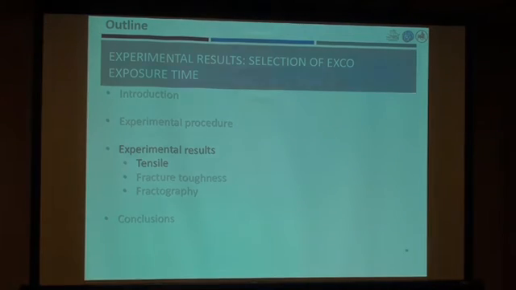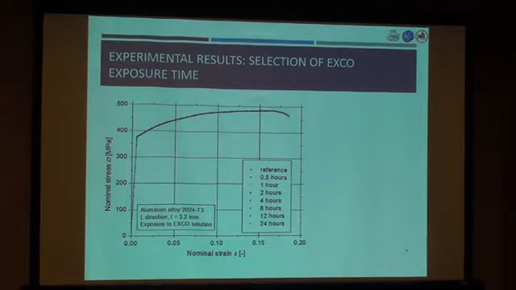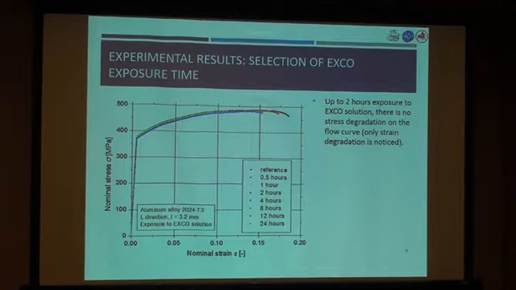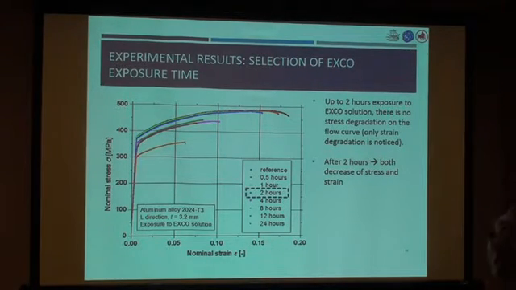Now we'll shift to the tensile test. Here you can see it's the reference one. This is 0.5 hours exposure time, 1 hour, 2 hours, and then suddenly at 4 hours you have a stress drop. So this stress drop is mainly due to decrease of the thickness of the alloy. So therefore you have notches there. So we have selected these 2 hours just to corrode the next